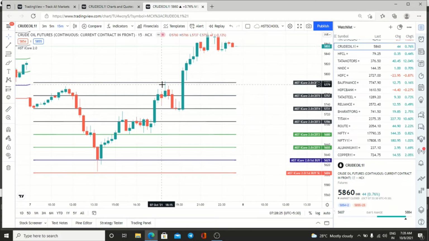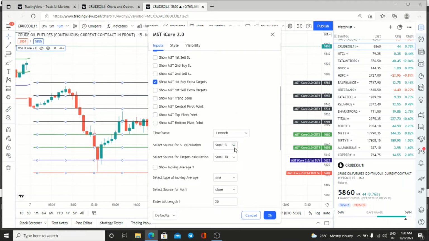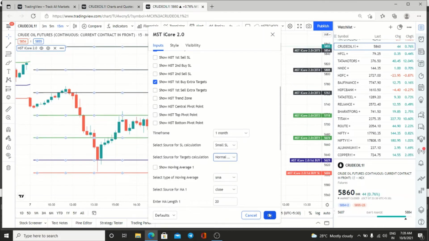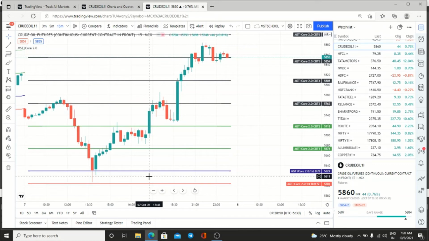And if you are a safe trader and if you want to see the confirmation and all, then you can wait and book the trade. See here, now we have given small SL, big SL and normal SL. So if you want to book 1:2 ratio, always keep the SL small and increase your target to normal targets. Now your stop loss is small, but your targets are big. So if you are doing like this, out of 10 trades, if you are losing some 2 trades, you will be in a huge profit.